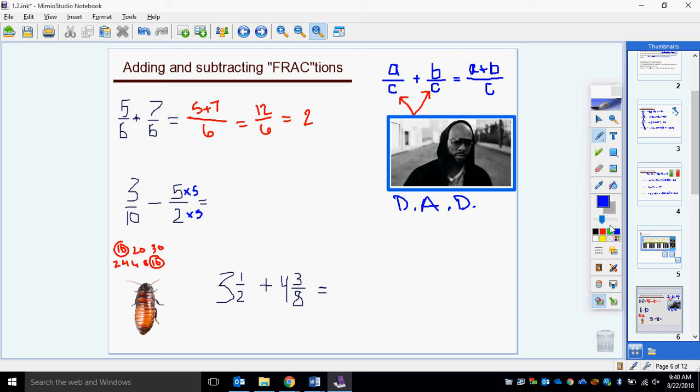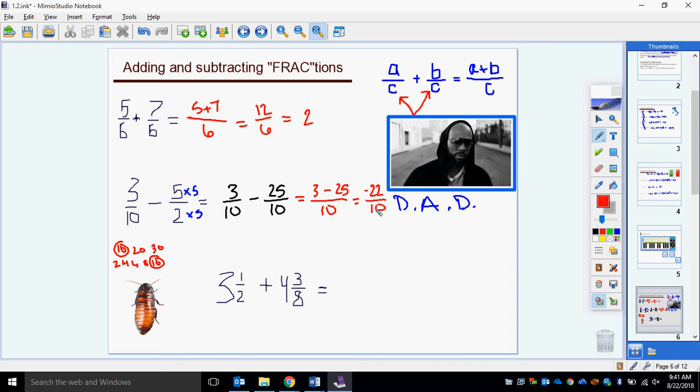So what I do in the top, I have to do in the bottom. So now I still have 3/10 minus, but this fraction has changed forms. 5 times 5 is 25, and 2 times 5 is 10. Now that they have a common denominator, I'm going to subtract. 3 minus 25 in the top, denominator stays the same, and 3 minus 25 is negative